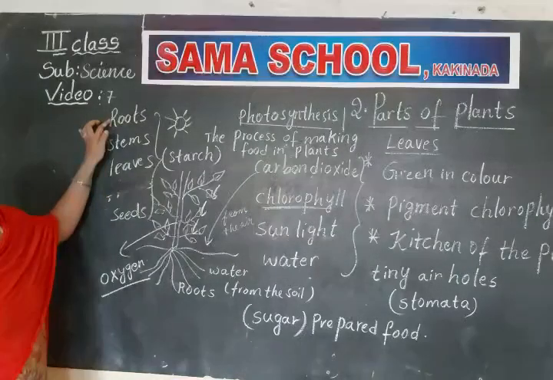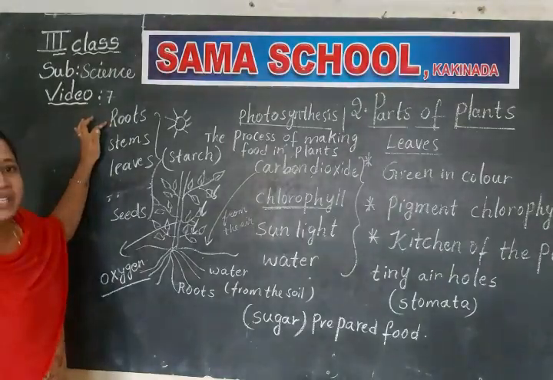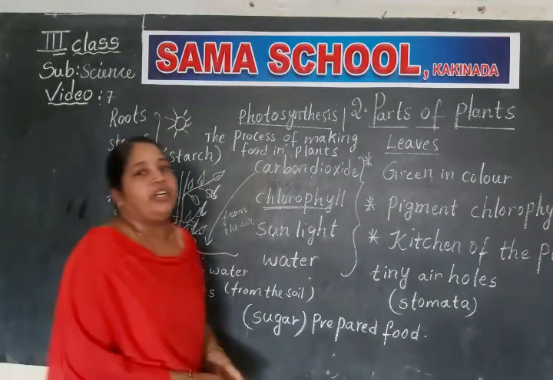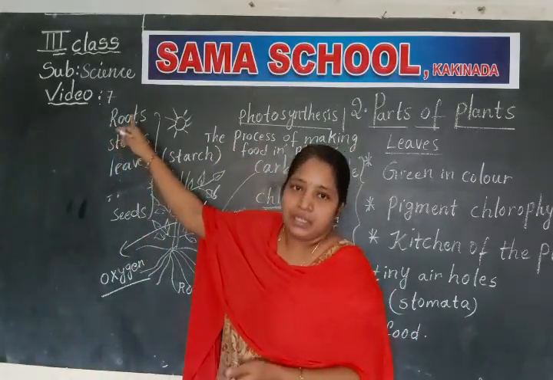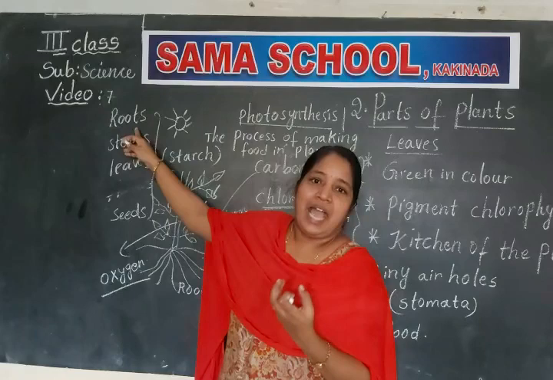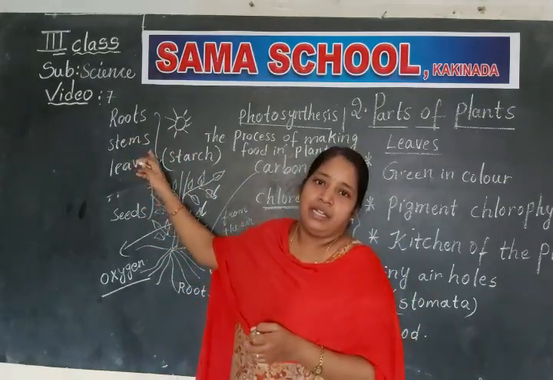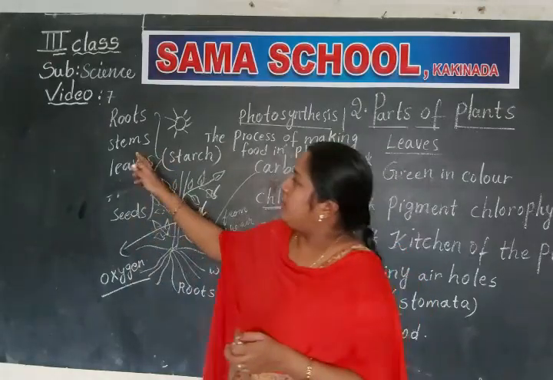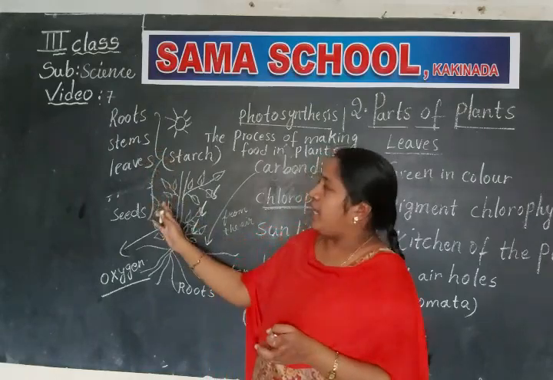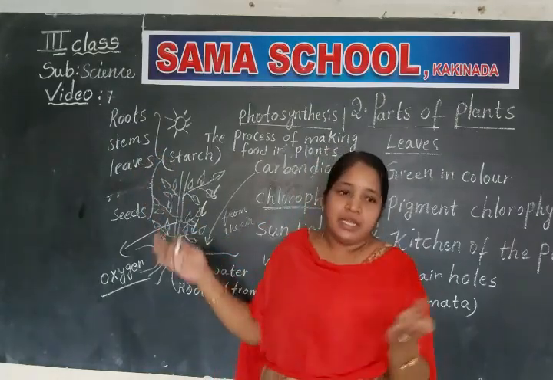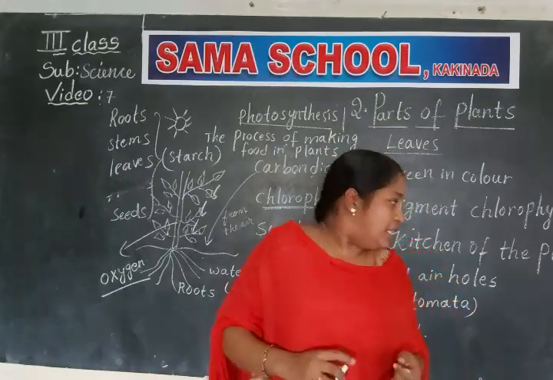That's why we eat the roots of some plants. For example, carrot. That means the plant stores its food in its roots. So we eat root vegetables like carrot, radish, beetroot and so on. And stems. Already we have learned in the previous class, we eat ginger, potato and sugar cane. And leaves. Give me some examples of leafy vegetables, children. Yes, spinach.